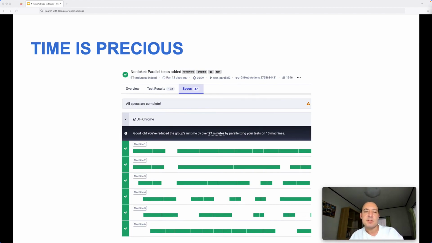And apart from this, of course, we can add some parallelization to our executions on the pipelines. We can create lots of different virtual instances or virtual machines, and then we can divide the execution into different sets of instances. So not only one machine, but if we are using a number of virtual machines, then we can start different scopes of the whole set in parallel on different machines, and in this way it will be a much shorter execution duration to complete the test cases.